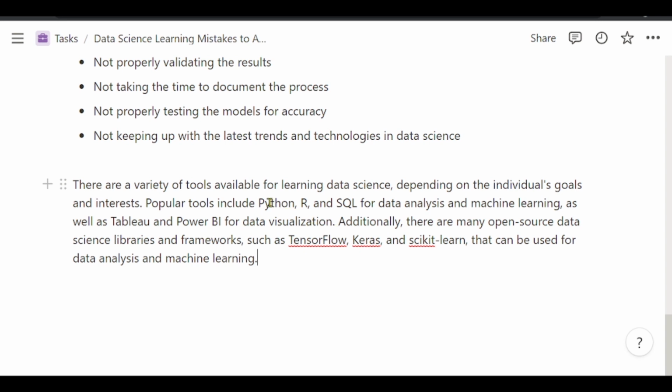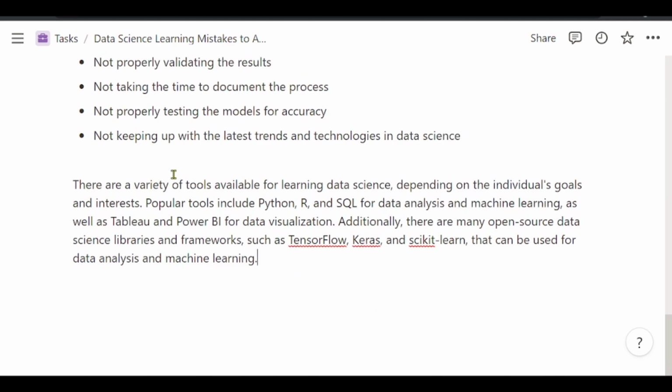Though Python can do all this, remember what I'm saying is that many times it's very quick to jump into the hype that I need to learn Python for data analysis or data science, and forget that there are other important tools you might need in your data science learning journey. Try to imagine someone who has skill in Python, SQL, Tableau, and Power BI for data visualization. These are data scientists who are well rounded. And remember, this is a field that will always have different tools at different times.